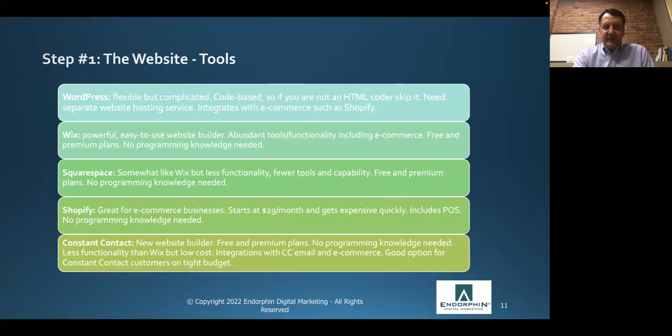They have everything, including e-commerce and all that sort of stuff, but no programming knowledge or skills are needed. Okay. Now, if you want to know the difference between Wix and Squarespace, we've built a lot of websites in